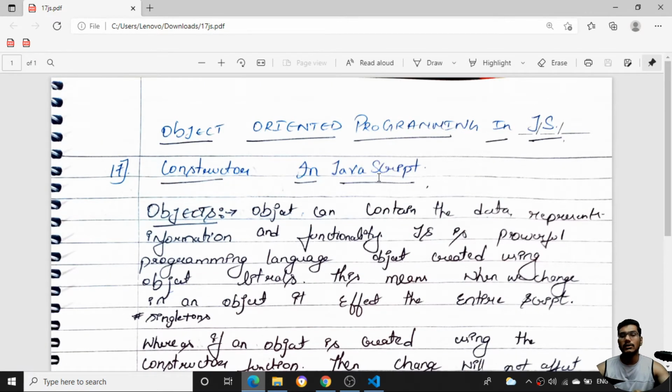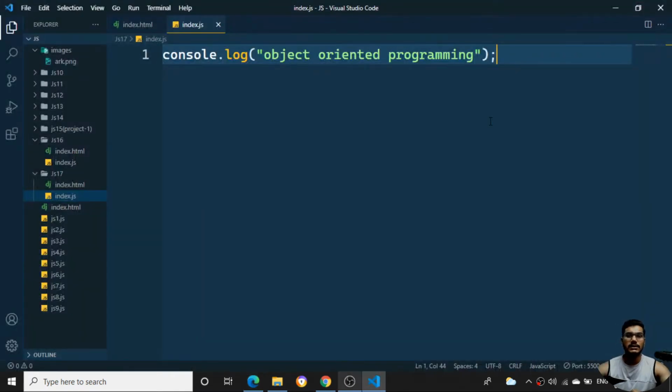Why we are going to the concept of objects here is, if I tell you with a simple example, suppose you have to store 1000 employee data inside the database. So you need to take an input from them. You cannot put a console.log, you cannot use normal functions, you cannot store it into a variable, and you cannot pass the particular variable value to the database like employee 1 name, employee 2 name, employee 3 name. You cannot create variables like that. So what we do here is we create one particular class and we call the particular constructor.